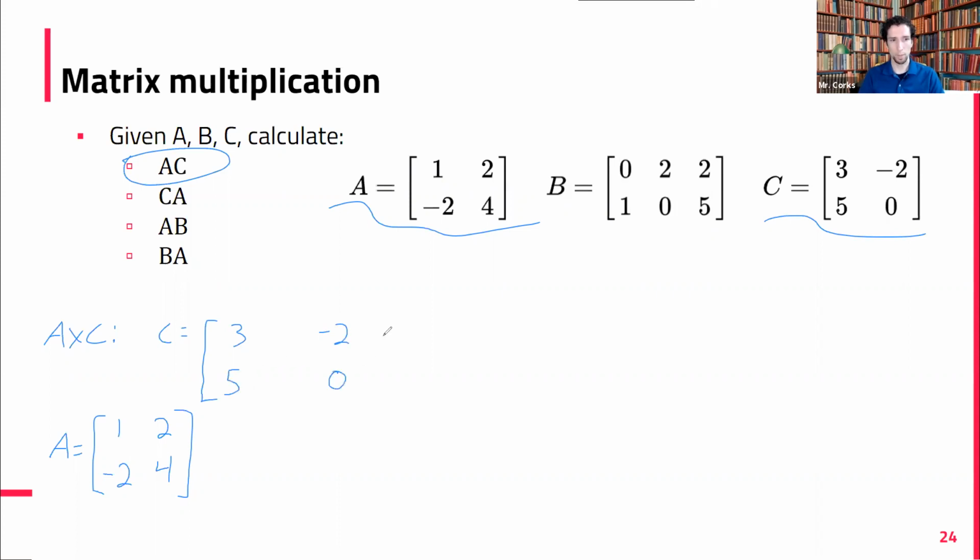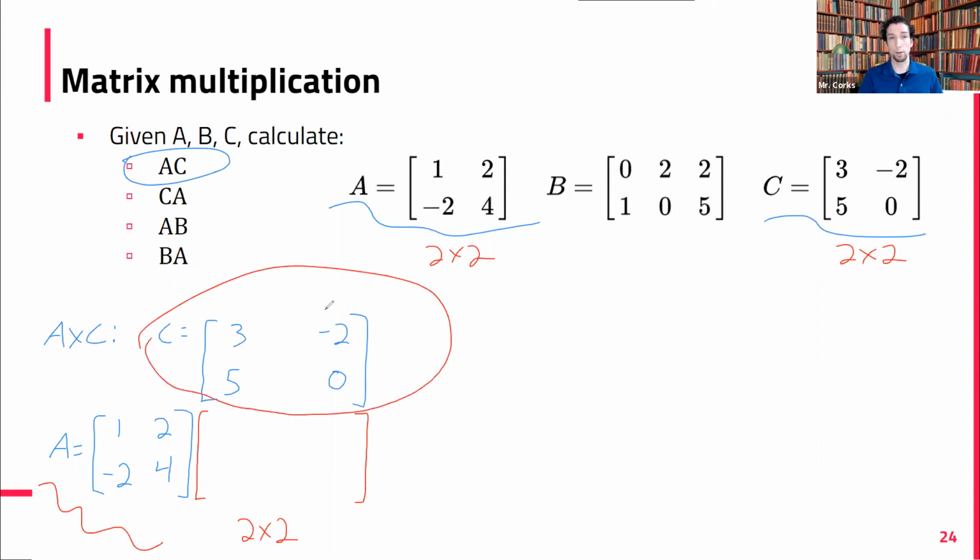I'm going to write my top matrix really wide here because I'm going to need some room to write. All right, so let's do this. We have a 2x2 matrix with A and a 2x2 matrix with C. So our resulting matrix, in this case, it's not hard. It's going to be a 2x2 matrix as our result. I'm going to put the first matrix here on the left, and then the second matrix up here on the top. And that will help us line things up.